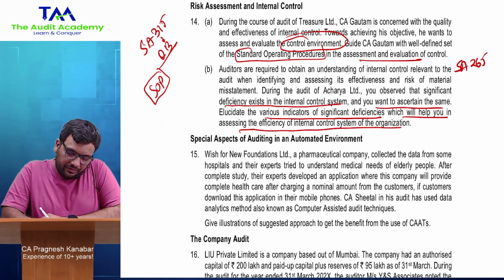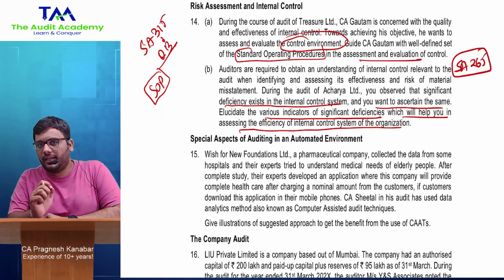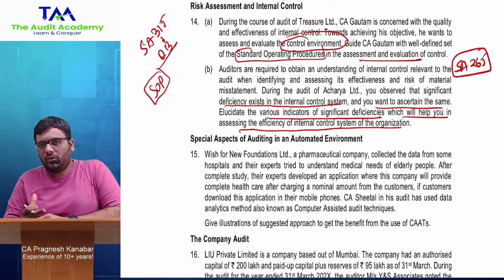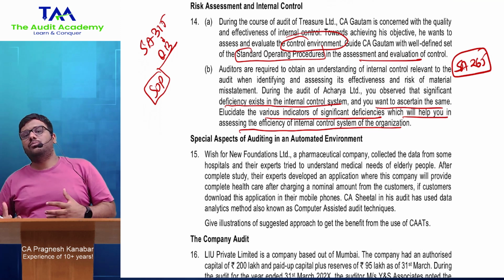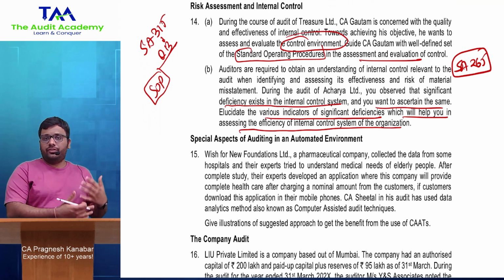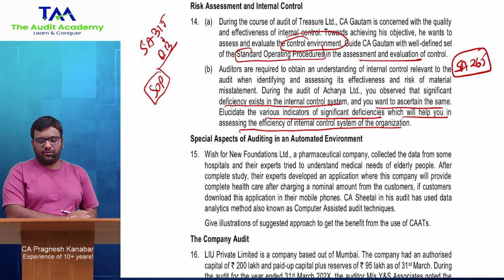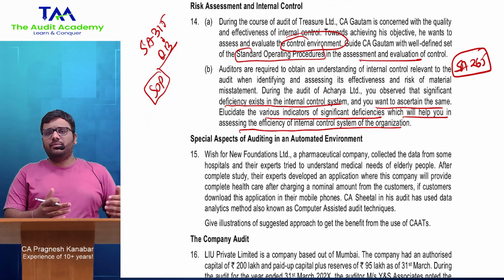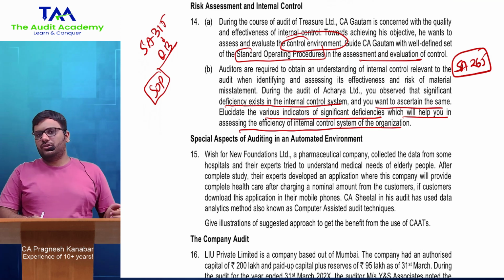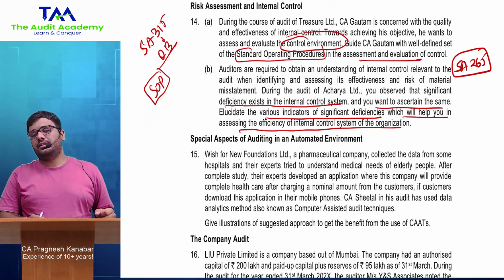Essay 265. Short essay, but one of the critical essays, right? Deficiencies in internal control. If there is a significant deficiency, you will have to communicate to the higher level of management and those charged with governance. Even if there is no significant deficiency, still some communication is required from your side to the management. Obviously, there are some discussions into it. Then what should be included in that communication, when that communication should be done. All of that is discussed in Essay 265.